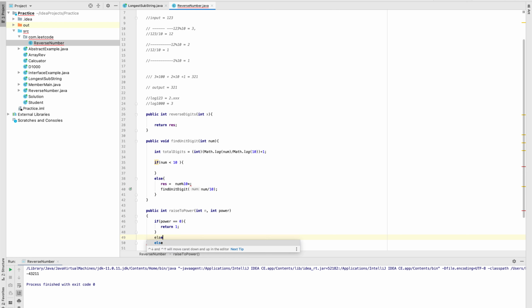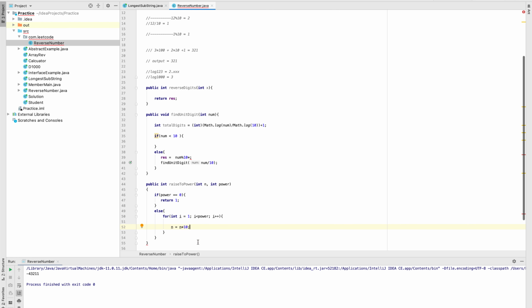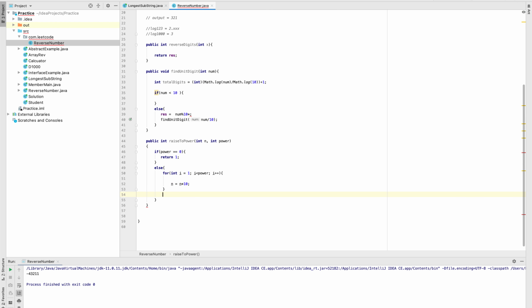Otherwise, I will write a for loop here: i is equal to 1 and i less than power and I increment, and then I'm going to do n equals n into 10, so this will give me 10 raised to power, and I'm going to return n here. Okay, so